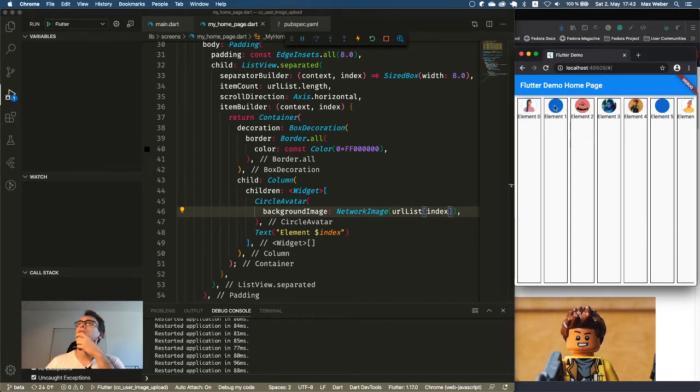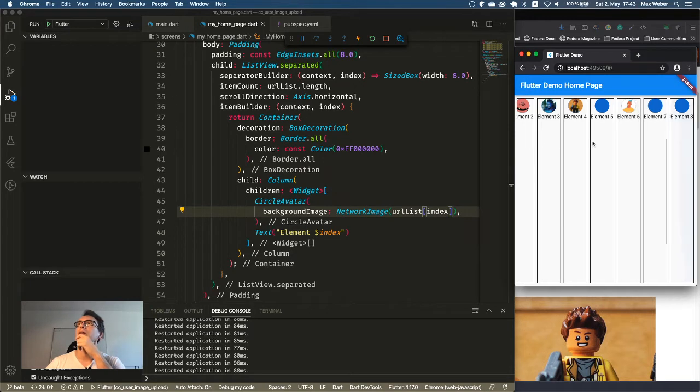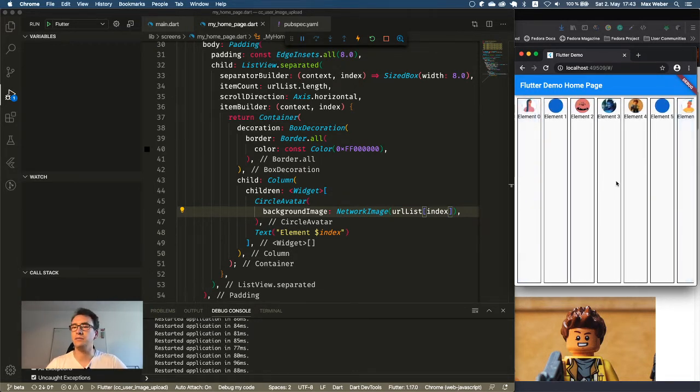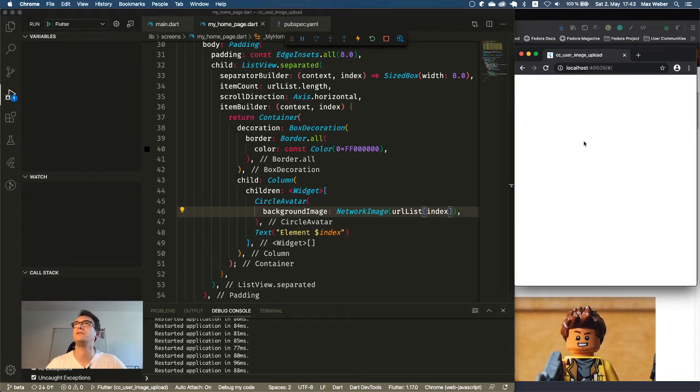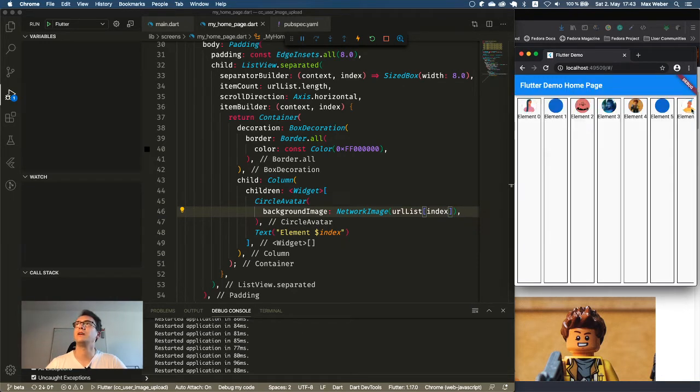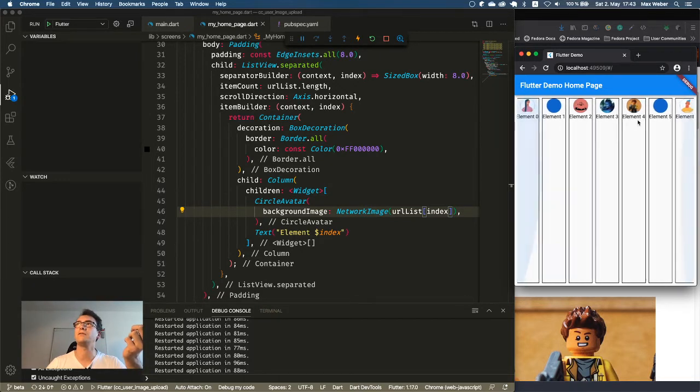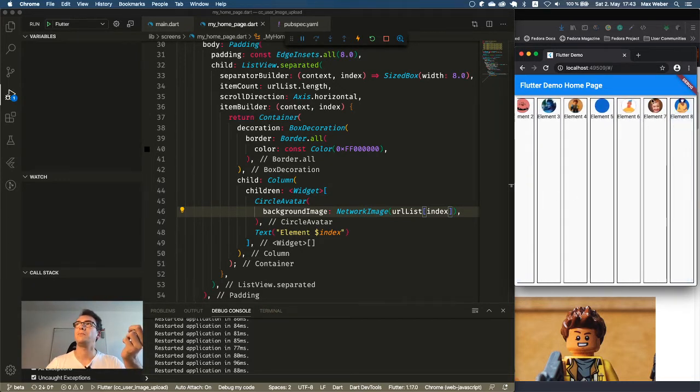Interesting. Why don't I get the element 1 and element 5? And here you could see how smart the list view of Flutter is, right? Because we are not yet on the right side and we don't see the correct widgets inside of our browser. The network images don't load the image yet. So if I scroll to the right, you will see that they have a blue background and after a while they reload. And that is pretty awesome, I think. I hope that was visible for you guys.